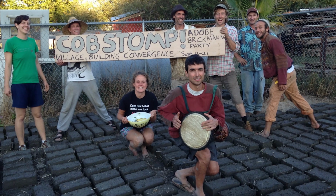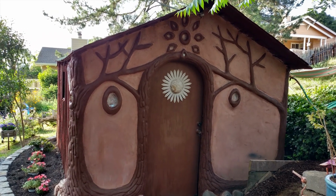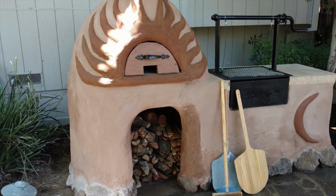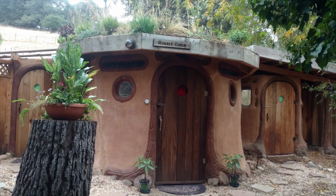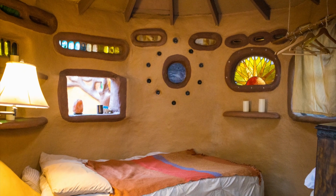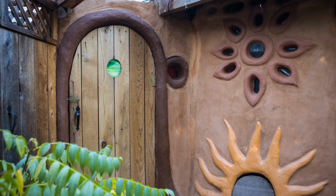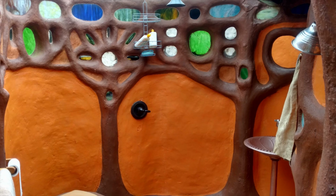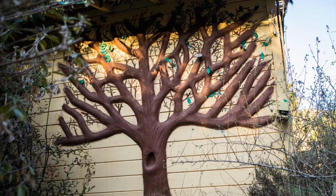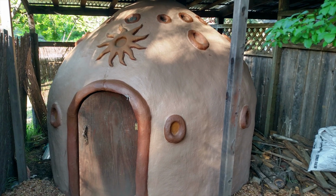live. And we did lots of Adobe workshops, and yeah, did this shed in Petaluma, and in a backyard in Santa Rosa, and the Hobbit cabin in Petaluma. And inside, very cozy, and the outdoor oven to heat the space, and the shower, and a nice tree on the wall, and the Cob Temazcal,